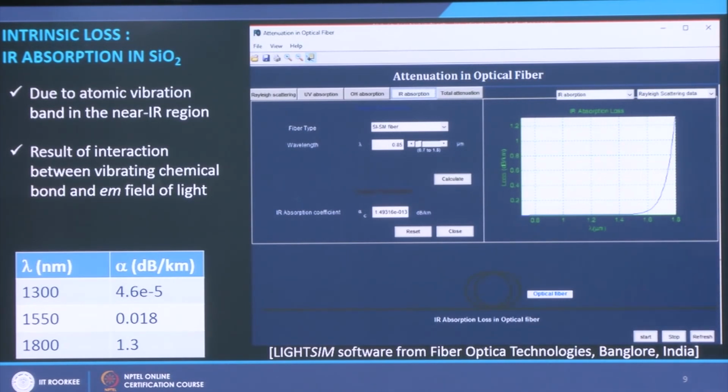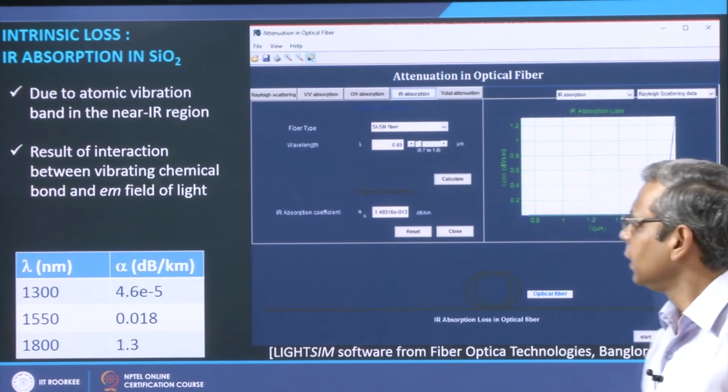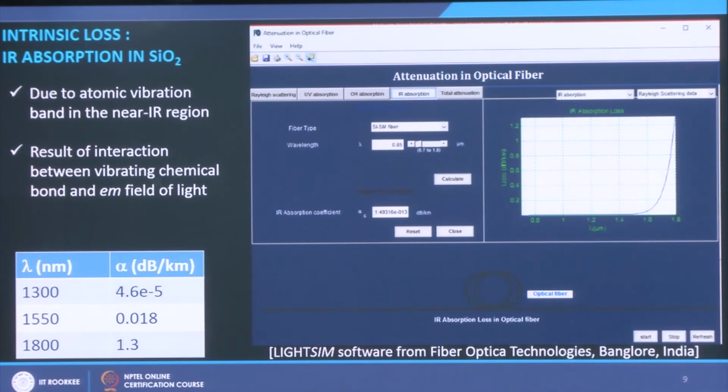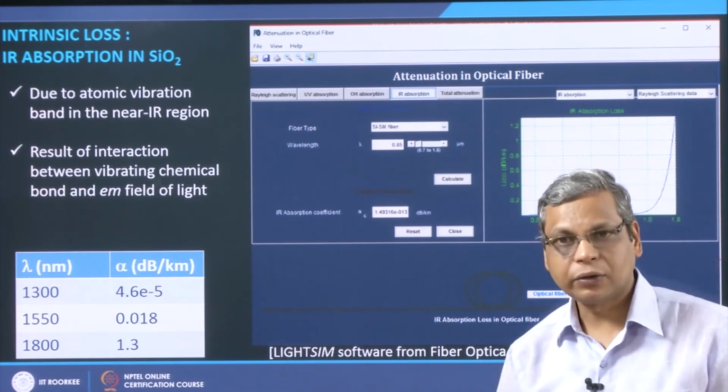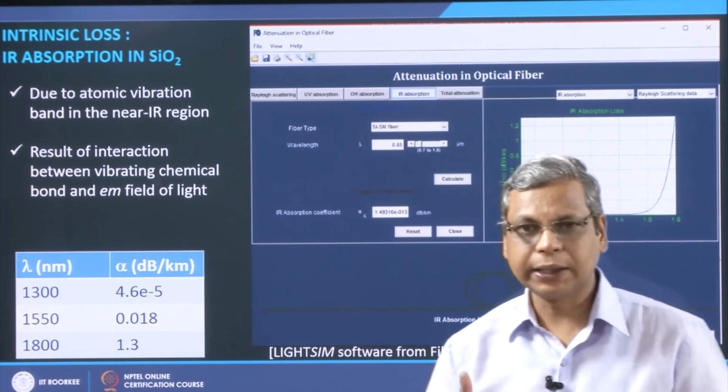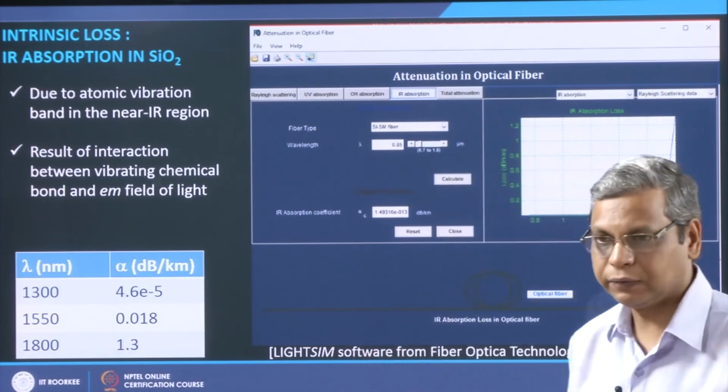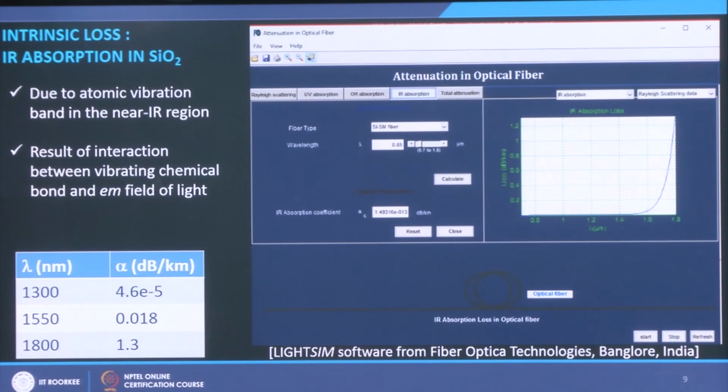It has a peak beyond 2 micron. So, it is the tail of that peak which comes into this wavelength window, and this IR absorption is due to atomic vibration bands in the near IR region, and it is the result of interaction between vibrating chemical bonds and electromagnetic fields. These electromagnetic fields give energy to the vibrating chemical bonds, and this causes attenuation in this